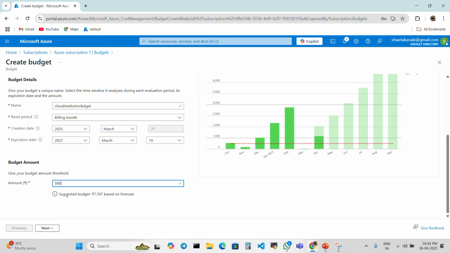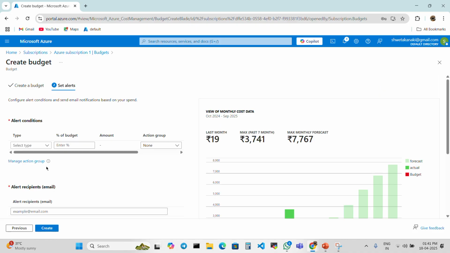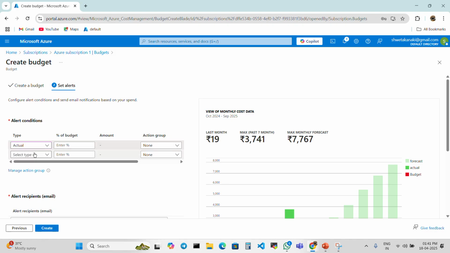Okay. So next, when you click, you can see Alert conditions. That means to set an alert, you have to set a particular alert condition. There you can see the type, actual or forecasted. You have to select actual, and they'll be asking for the budget percentage. So I'm giving 45. When you give 45%, when it exceeds 225, you'll be getting a notification through your